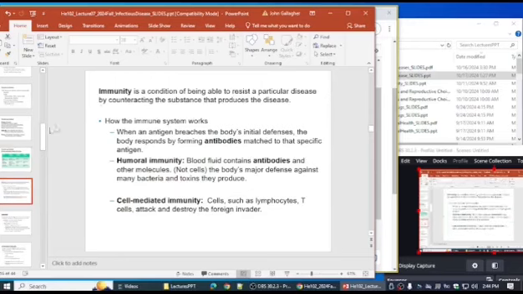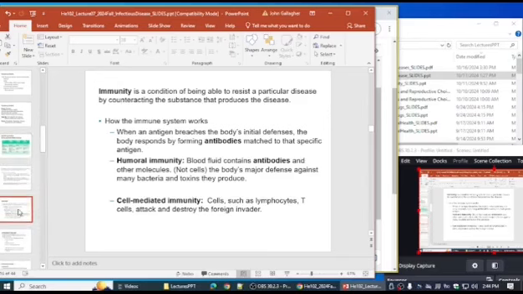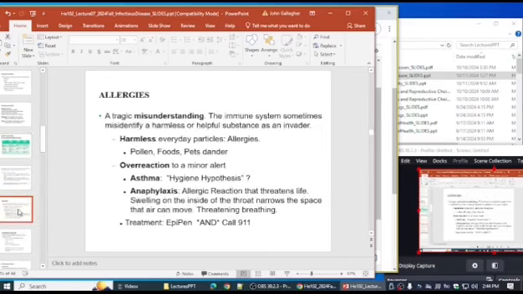More about the details of immunity, not really worrying about it. So I mentioned pollen and pet allergies. What does this have to do with infectious disease? This is how allergies work. There's been a horrible misunderstanding because remember what happens is with your immune system, it checks every molecule, it runs across